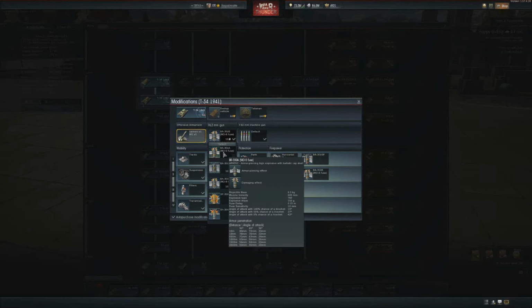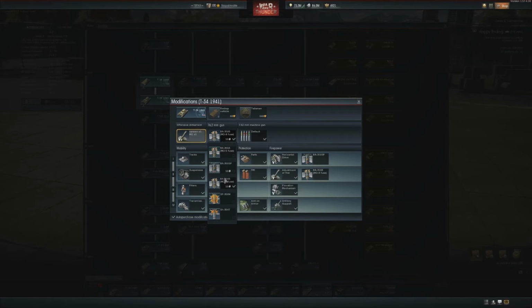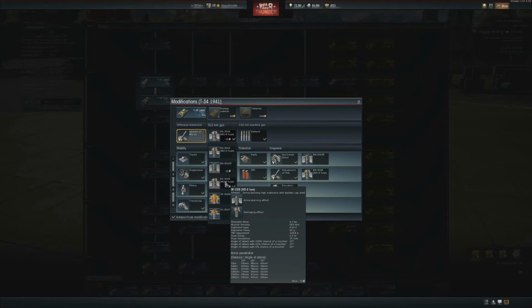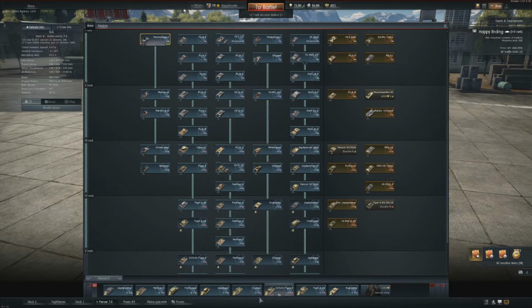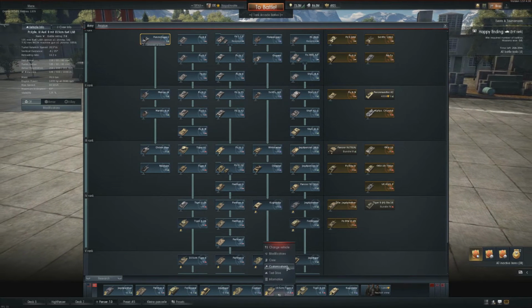There we have the BR350A with MD5 fuse, which has basically no fuse delay, just 15 centimeters, while the researchable one does have a fuse delay of nearly a meter, and you really feel it in the damaging effect. So just to give you an idea what we are talking about. Now back to our 10.5 centimeter Tiger,